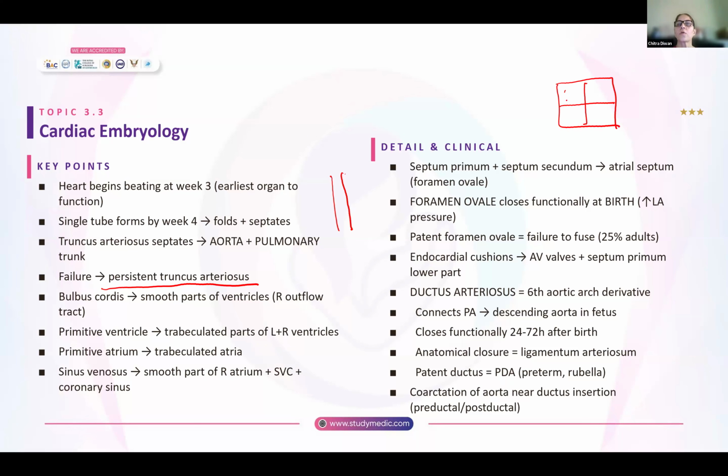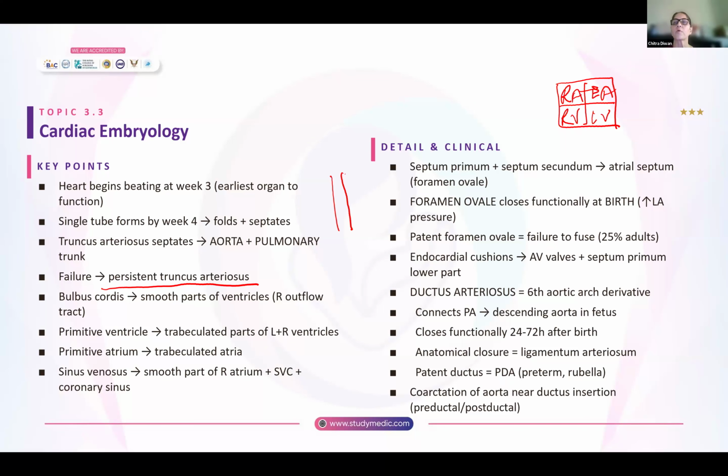This is your right atrium. This is the left atrium. This is the right ventricle, and this is the left ventricle. So in fetal circulation, what happens is blood comes into the right atrium, and from the right atrium, it directly